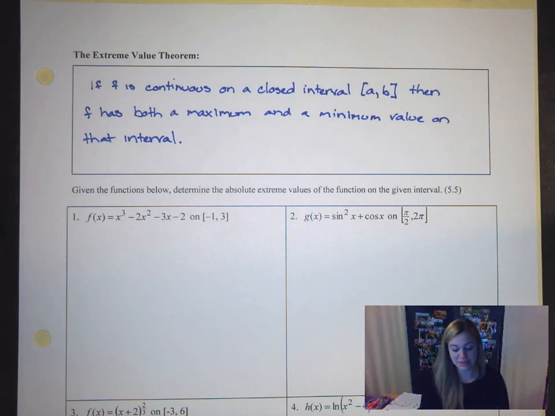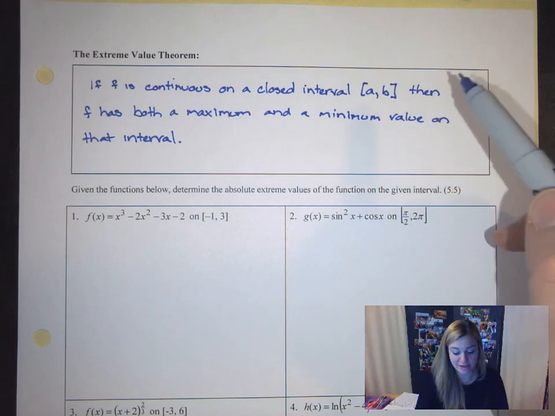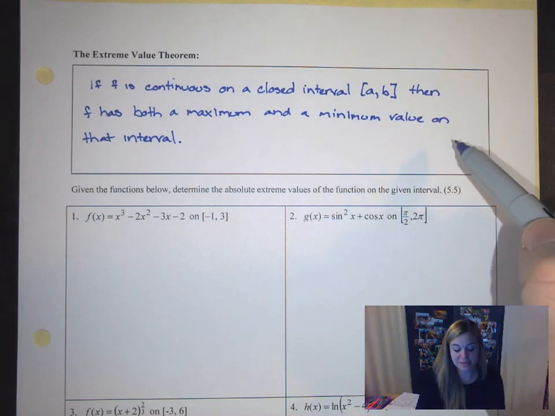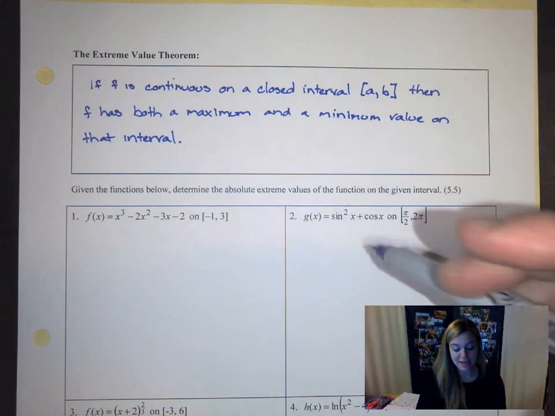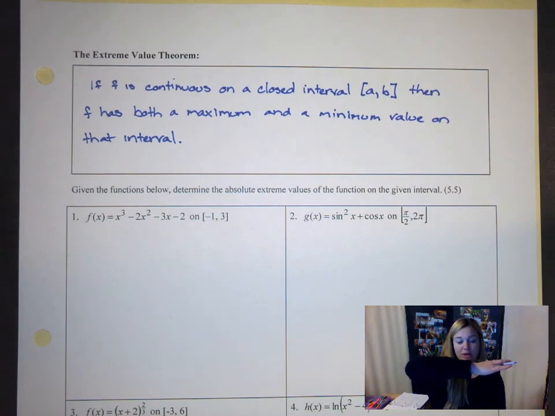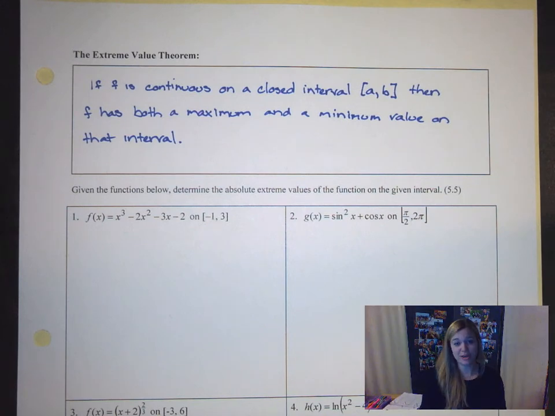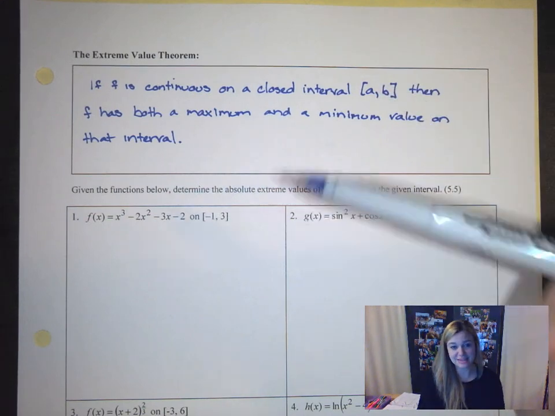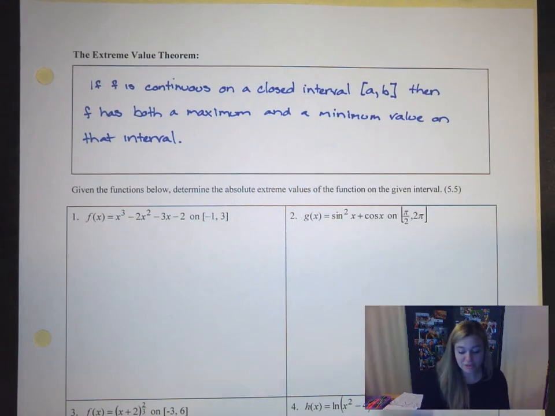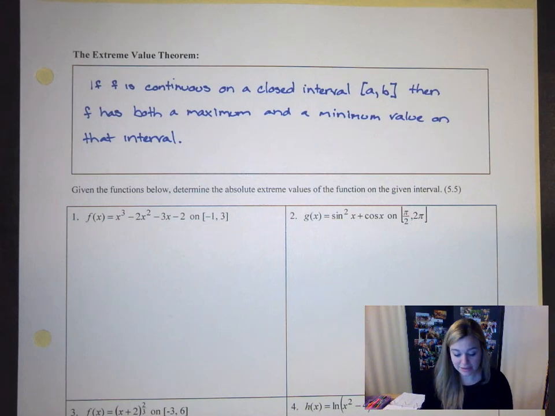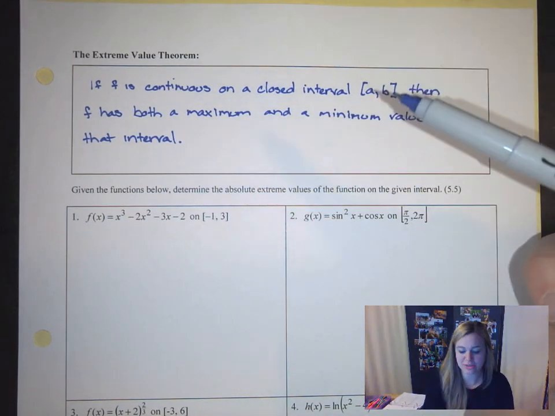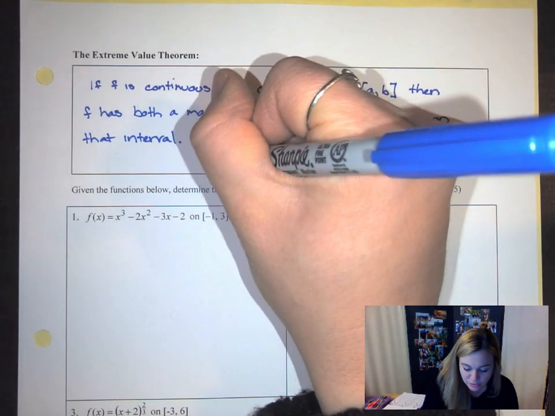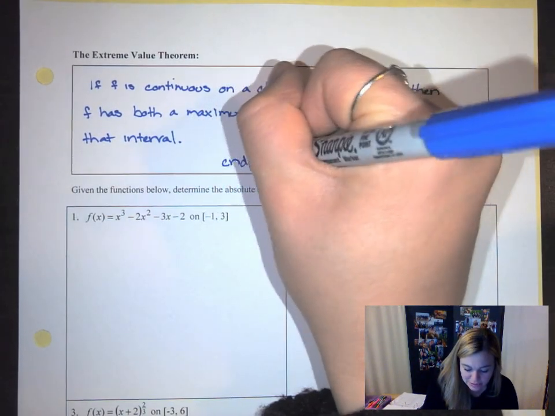So if f is continuous on this closed interval from a to b, then f has both a maximum and a minimum on that interval, meaning there will be a high number and a low number. Even if we're talking about a horizontal line, the maximum value and the minimum value would actually be the exact same. So this theorem doesn't really tell me too much, but there's some extra things that we can know from this. Even though the extreme value theorem just says it will have a maximum and a minimum, which is not too much, I'm going to tell you that all of these max and min points